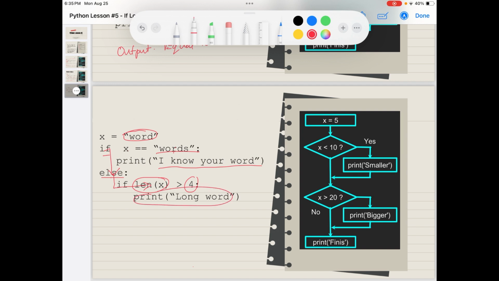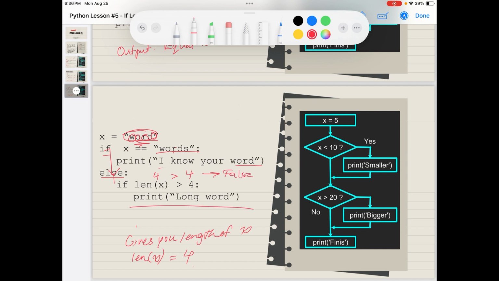Okay, so now we know what's happening here. What is len x? Len x gives you the length of x. Obviously, this doesn't work if x is 5, but if x is a word or a string, then the length of x right now, len x, is equal to 1, 2, 3, 4. Len x is equal to 4. So what this part right here is basically saying is if 4 is greater than 4, which it is not,